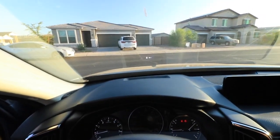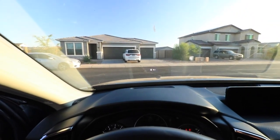So let's go up all the way. Woo! Okay, now I've got like 2 inches maybe. So I mean, it adjusts by quite a bit here, which is good. Like, I can literally see clear over the hood. So I'm gonna hold the camera at the exact same spot. Now I'm gonna go down,